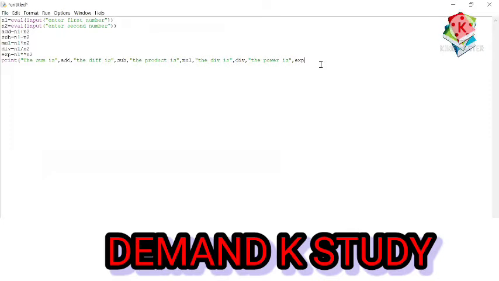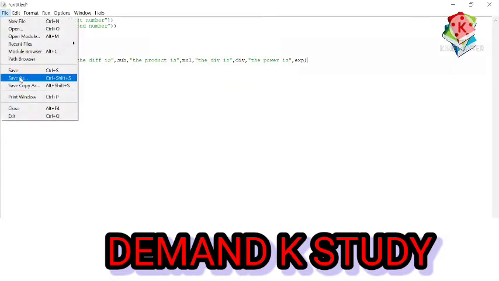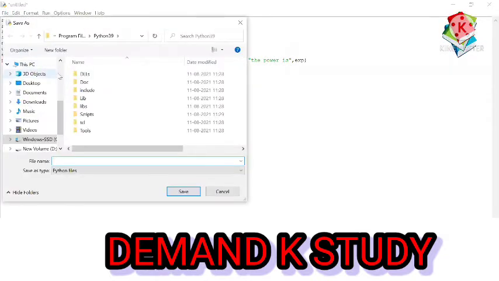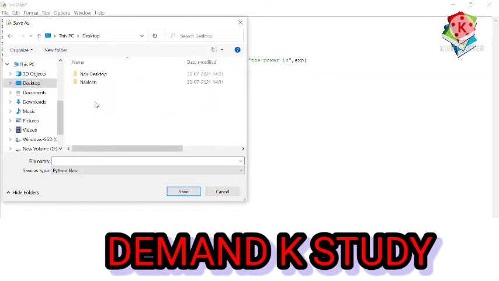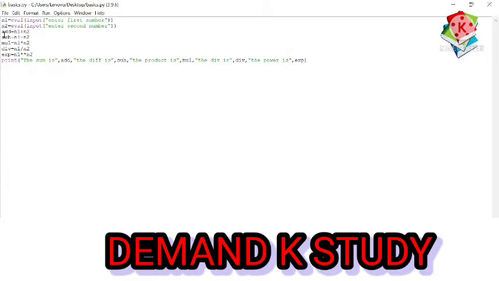Okay, so once we are done, we will close it. And once our program is finished, we will save it. So to save it, you have to go to file and you can write save as. So let's suppose I am saving it on the desktop here, and it's my first program. So basics, let it be the name. And as it is a Python program, the extension will be .py. So the basics is the name and .py is the extension. So I am saving it. Okay, so once I save it, I will click on the run button to run and check what will be the output this program is going to give me.